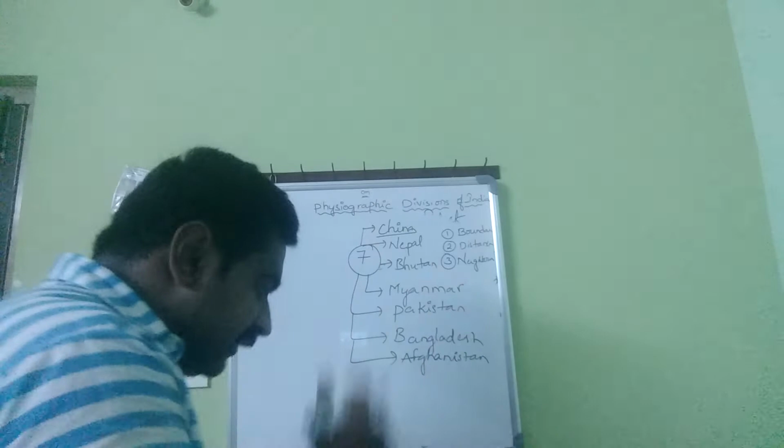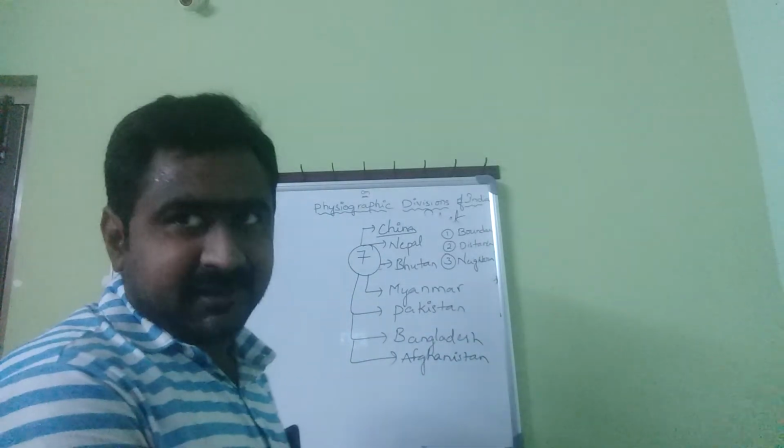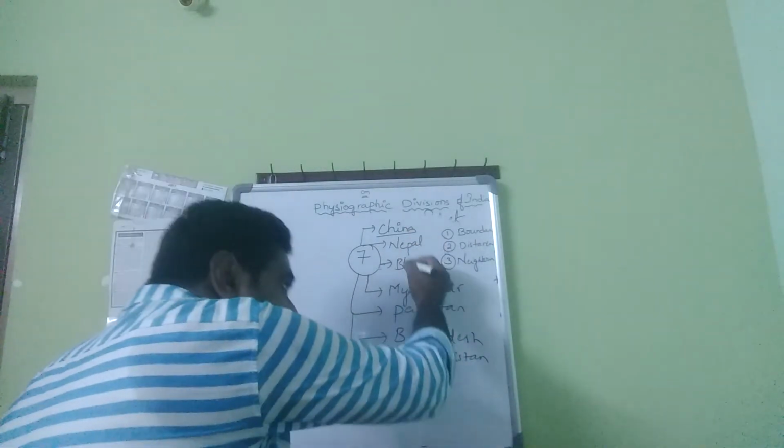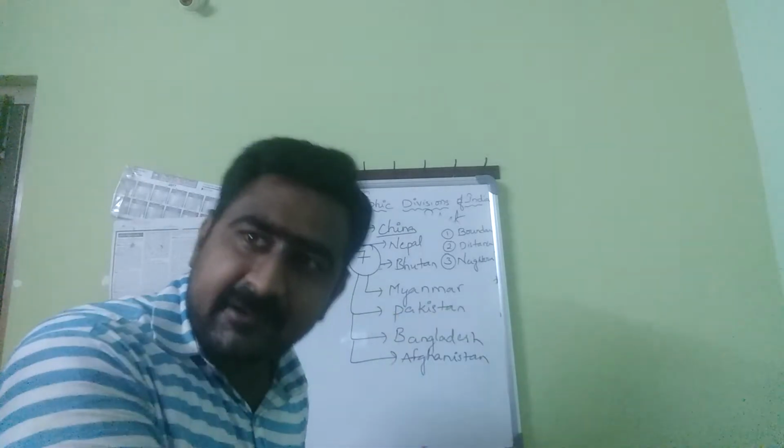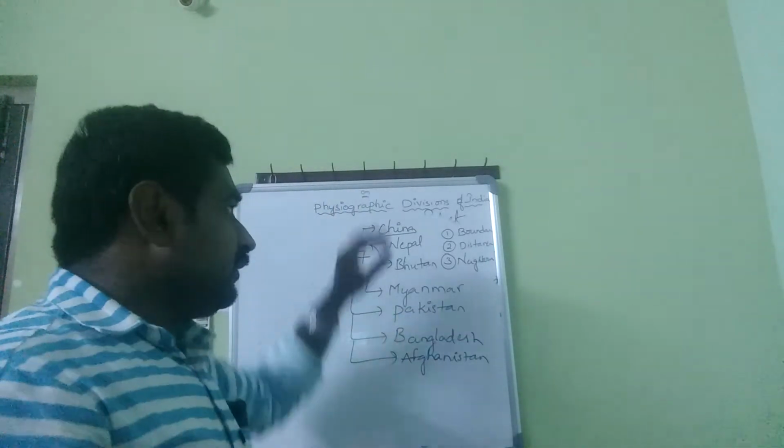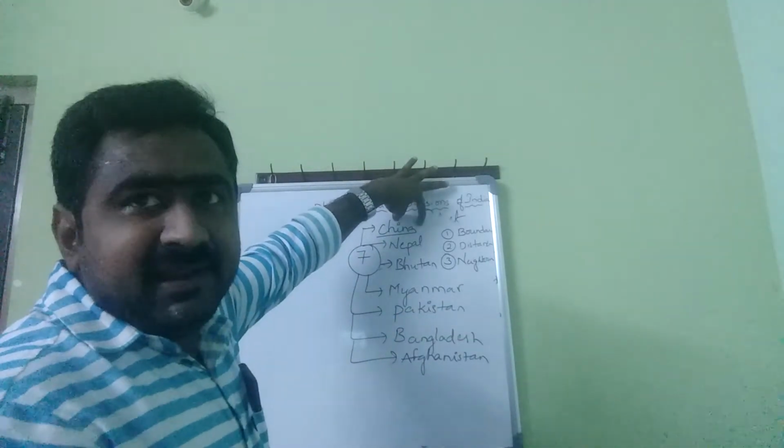And there is a very important GK question here. Listen properly. Out of these 7 countries, the dividing line between India and China,